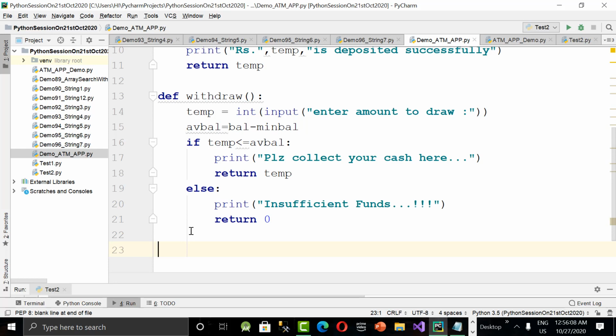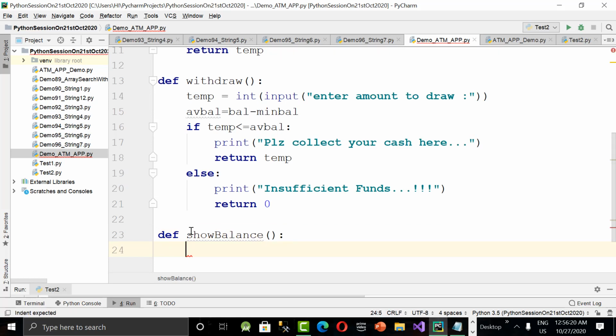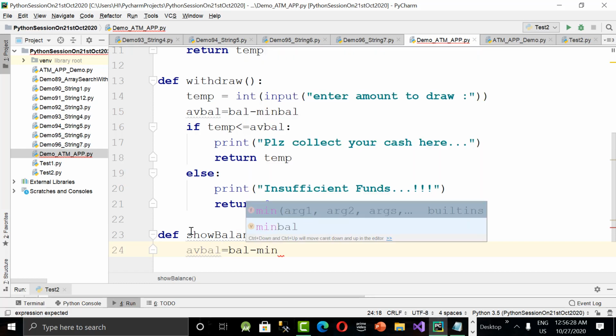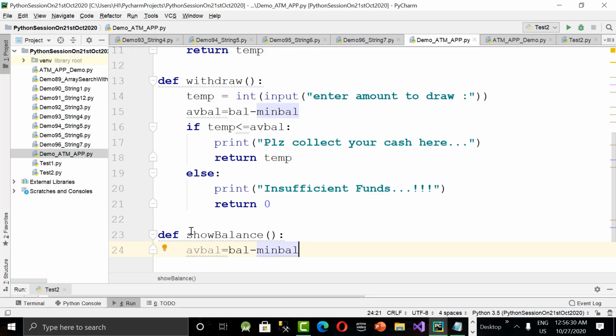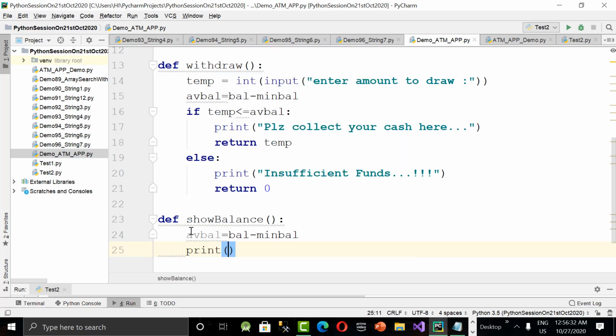Next function is what? Show balance. Def show balance or show bal. So what I'm saying here, we are writing just to calculate first AV bal is equal to bal minus min bal. Once it is done, we need to print the ledger balance and available balance.